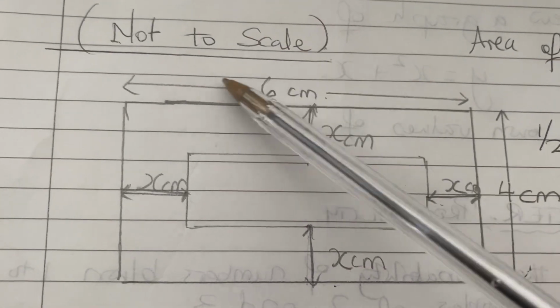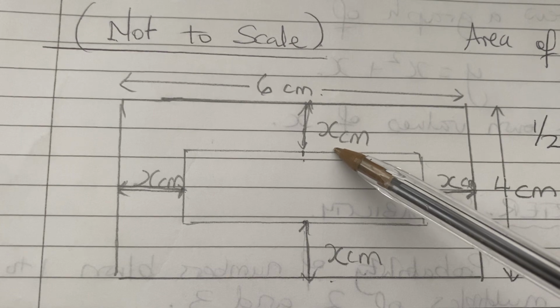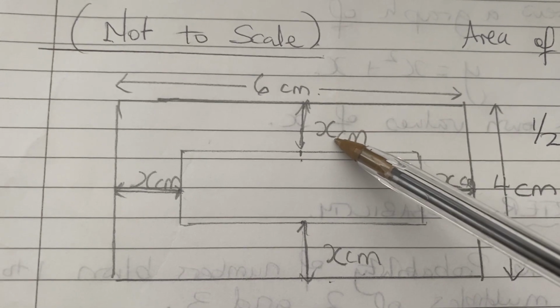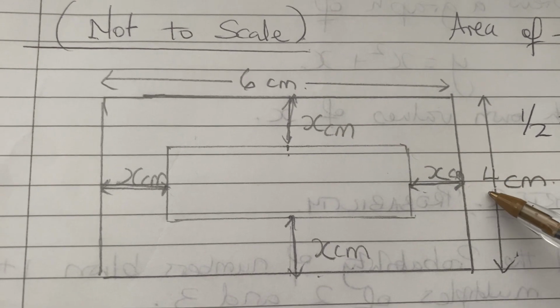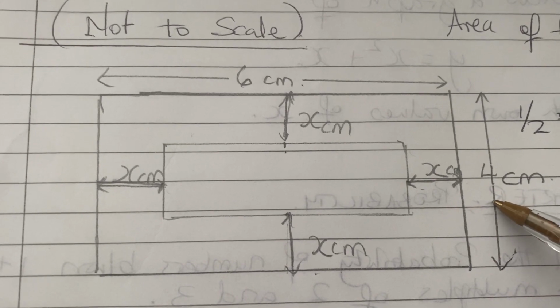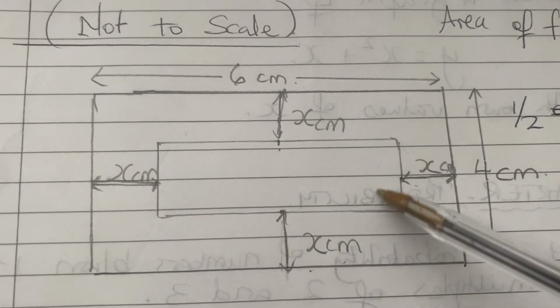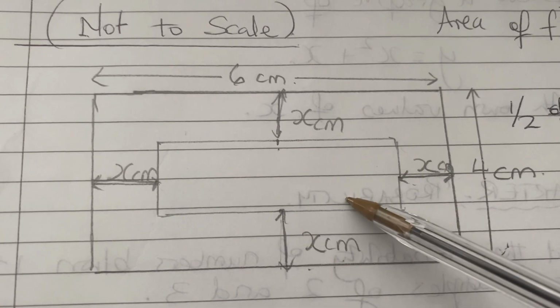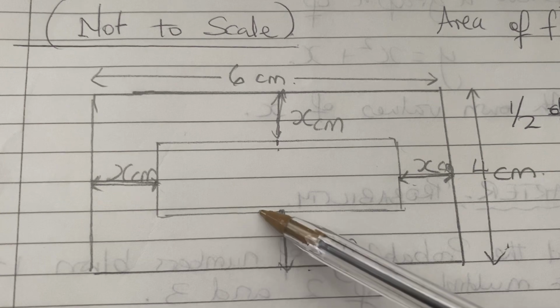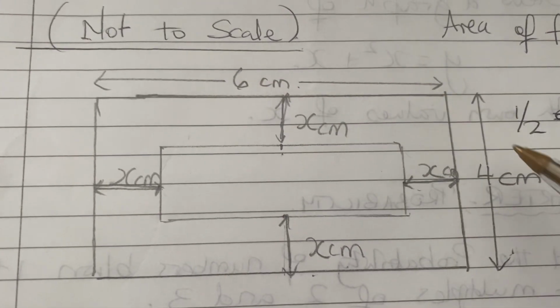So I know that 6 minus x centimeters times 4 minus x centimeters will give me the area of the mat, which is 12 centimeters, because 6 times 4